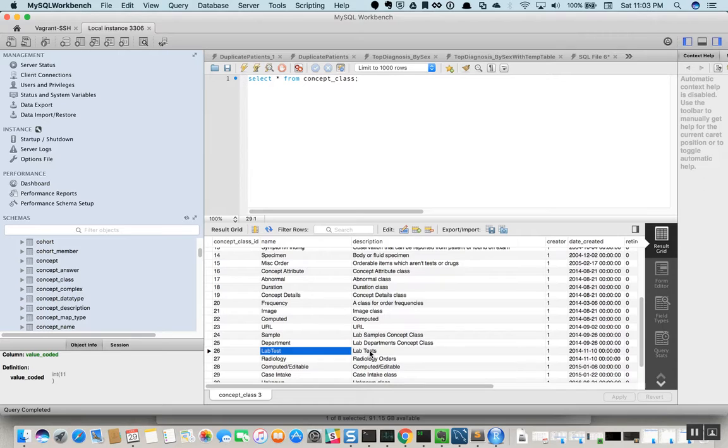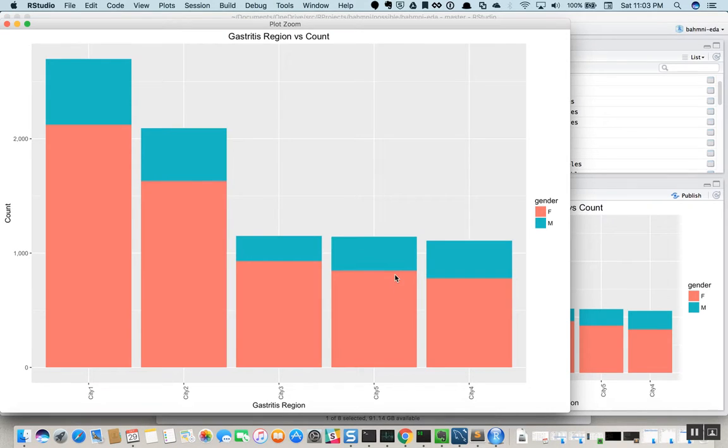This would mean that in the observation table, all the entries which have concepts for which the concept class is 26 would belong to the lab test results, given that order ID is not null for those observations. So having looked at this schema, let's go back to RStudio, and before we start exploring the observation results,